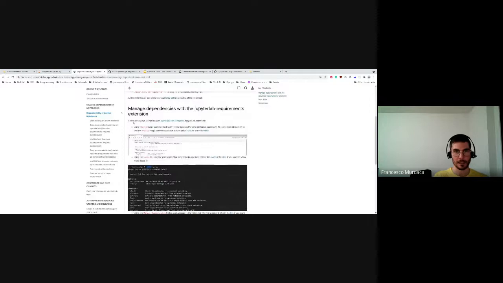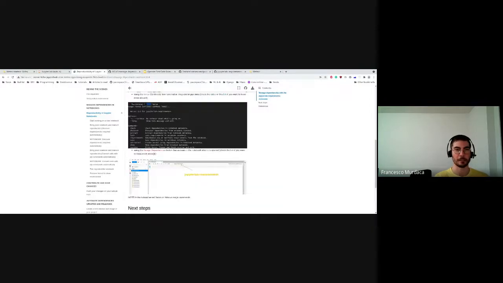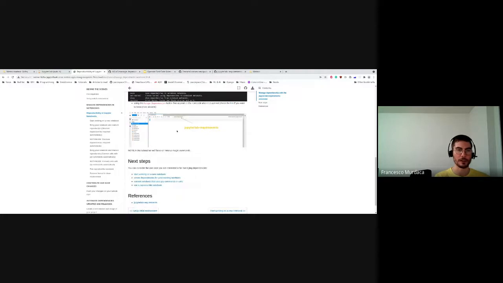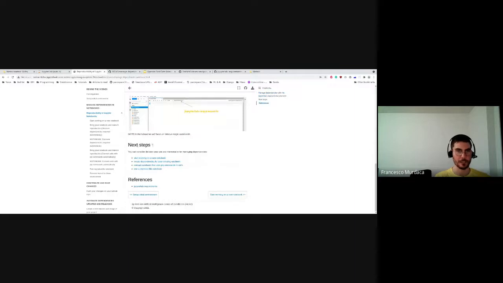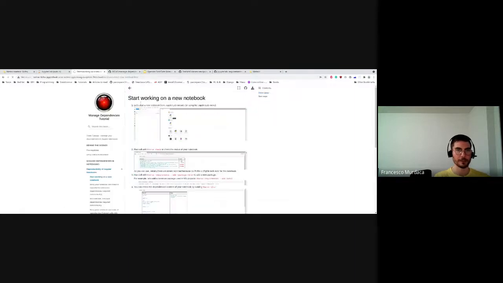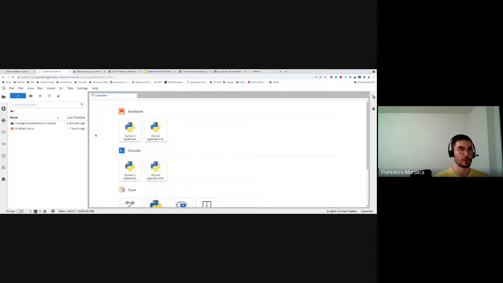And here we describe what we already saw in the presentation. So the 3 ways to handle the dependency with this extension. And we will focus specifically on the one on the magic commands. So let's have a look at the first example, which is starting working on a new notebook. So if you are all here,